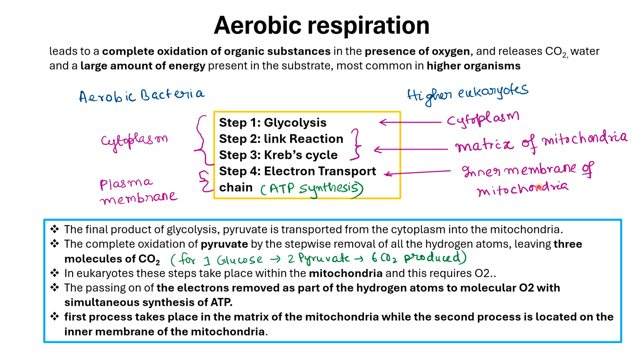Here, the complete combustion of pyruvate in aerobic respiration leads to the formation of 3 molecules of carbon dioxide for a single molecule of pyruvate. So glucose leads to 2 pyruvate, and 6 carbon dioxide are produced because of the complete oxidation of glucose. Now, the electrons which are removed as a part of the hydrogen atoms are